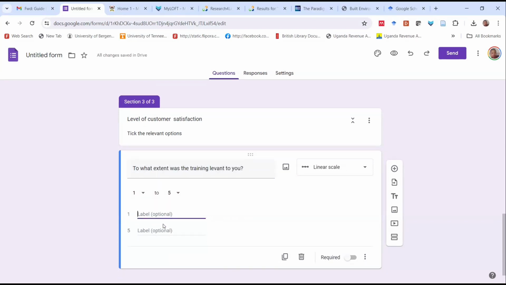Then you put different options. What are the different options? To a greater extent? Then